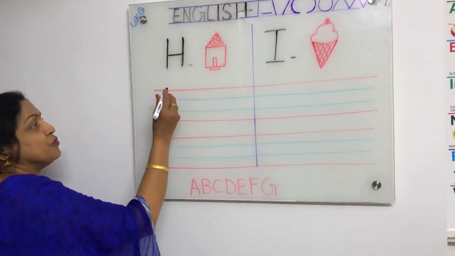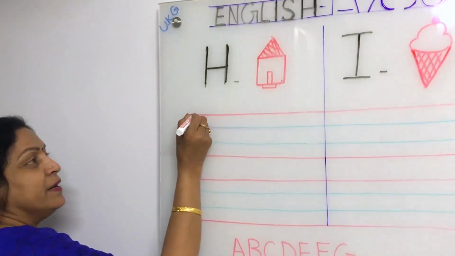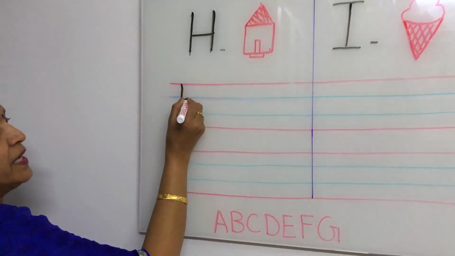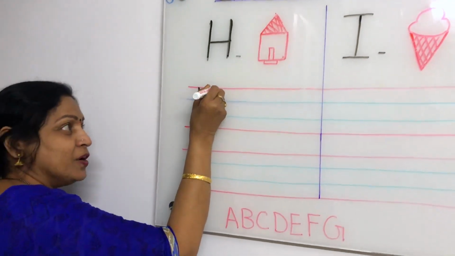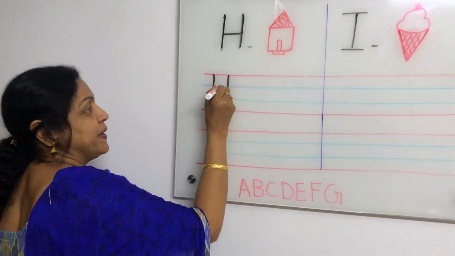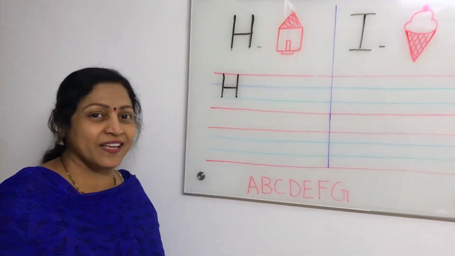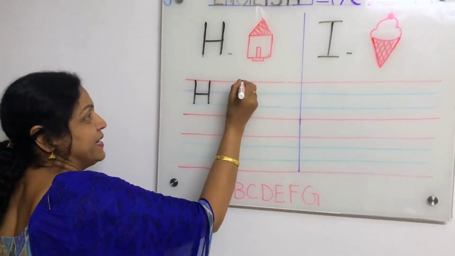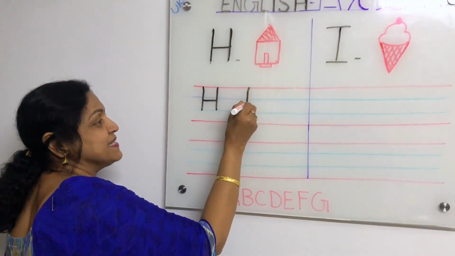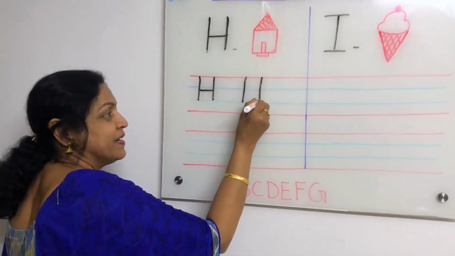Now I will show you how to write on the lines. See, from red line to blue line, write a standing line, and give some gap and write one more standing line. In the middle, write a sleeping line like this to join 2 standing lines. That's all children, very easy no? Standing line, first red line to blue line, draw one more standing line, red line to blue line.